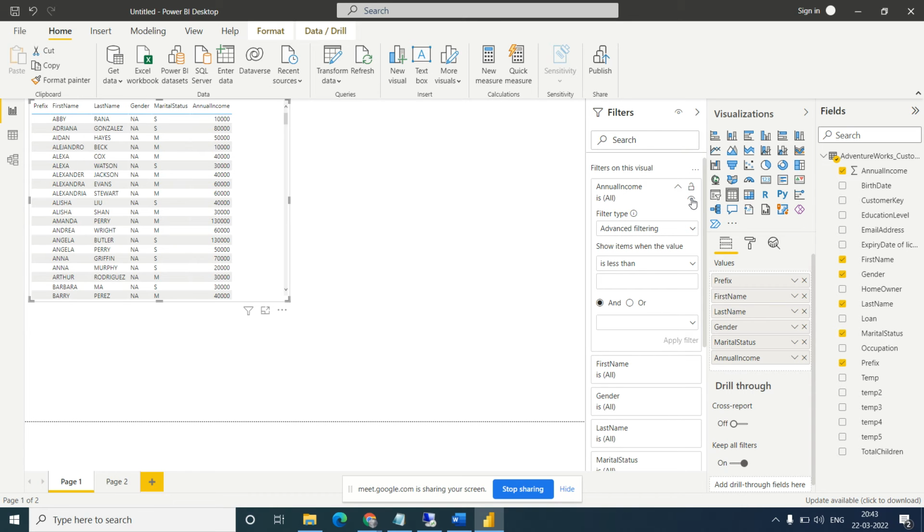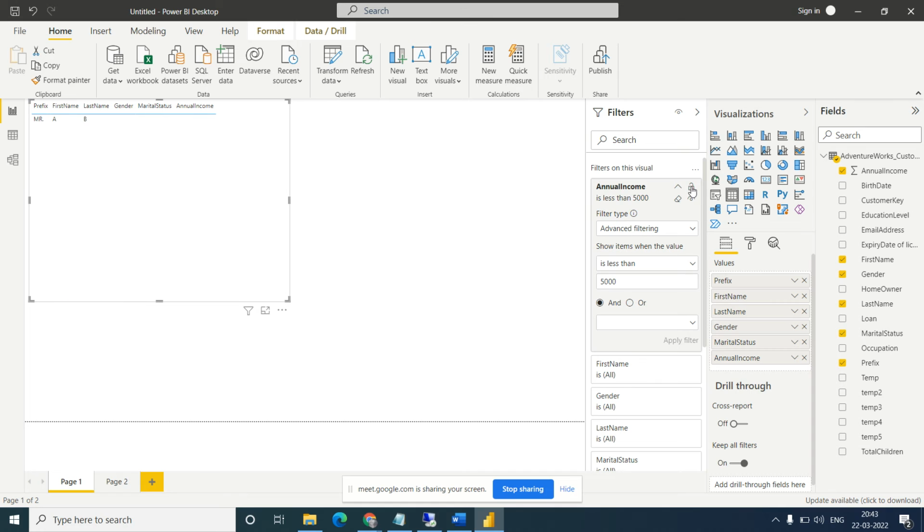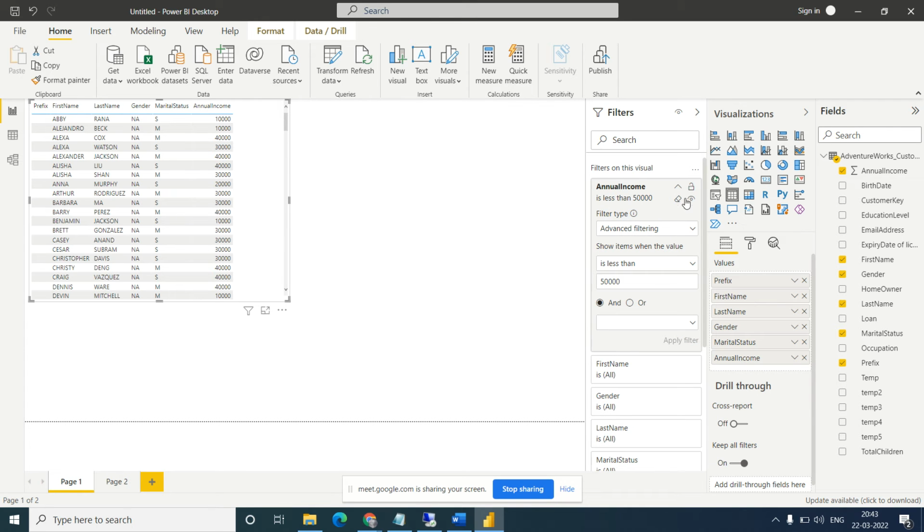There is one more, a hide filter, and one more is a lock filter. Lock filter means if you lock this, it will not change. So let's say I put 5,000, apply here, and click on not 5,000, 50,000, and I lock this.